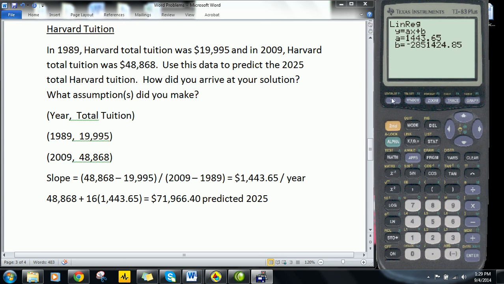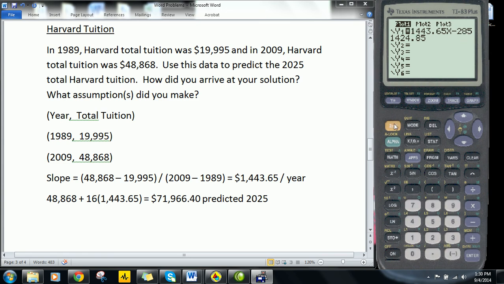So I'm going to go through and I'm going to plug that function in my y equals. It's going to be 1443.65 x minus 28,51424.85. I just remembered I wrote these down actually. And I'm going to graph that up. Oh, look at that line, it rips right through. Okay? Now, how can I use that line to help me? Well, now that I have that linear function, y equals m, my slope, 1443.65, minus, in this case, my b,